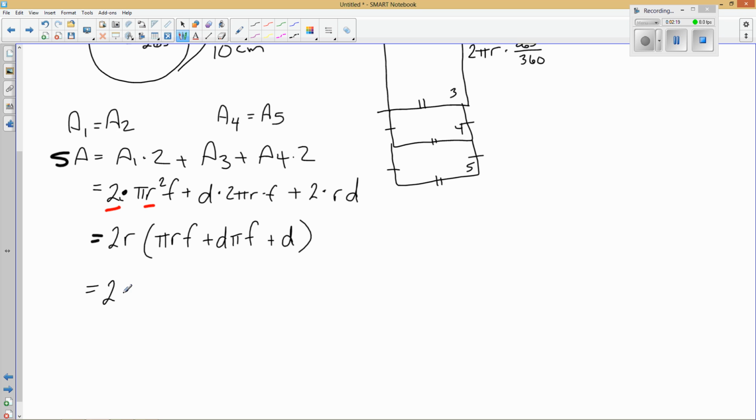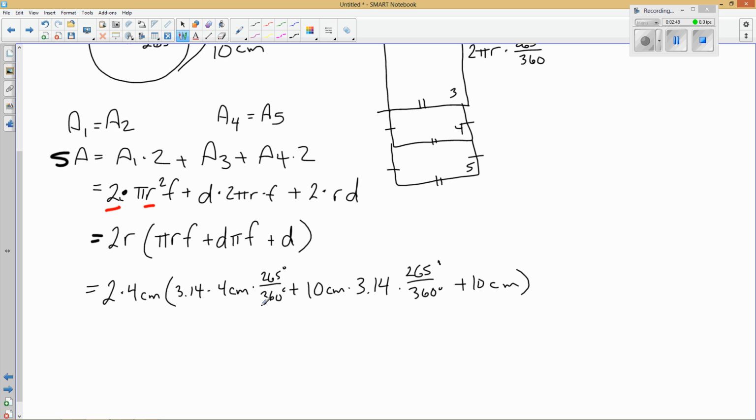So surface area is 2 times R, which was 4 cm, bracket 3.14 times 4 cm times the 265 over 360. We can shove in the decimal in the next step, plus 10 cm times 3.14 times, show again the degrees, 265 over 360, and get your little symbols there. I forgot them here. And then plus 10 cm. So on the outside, we have 8 centimeters. On the inside, this becomes 12.52 cm times